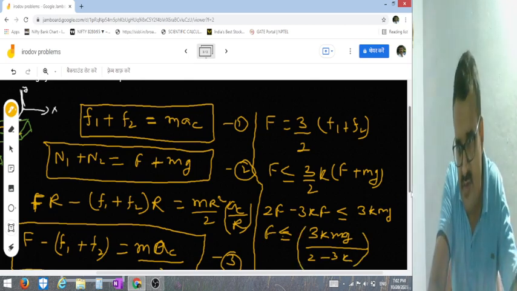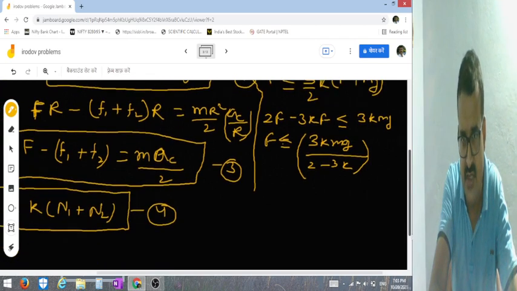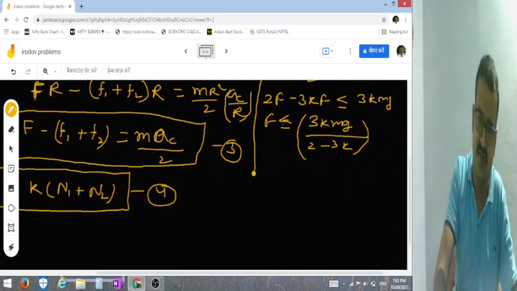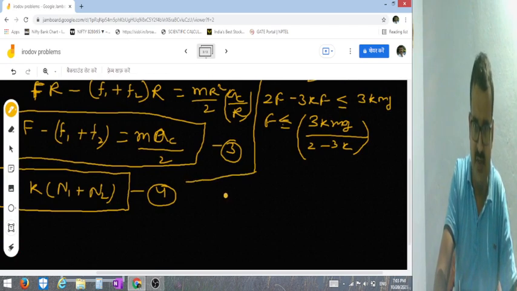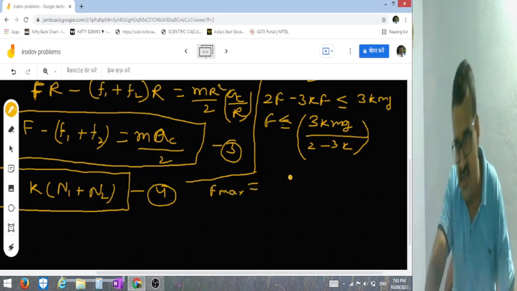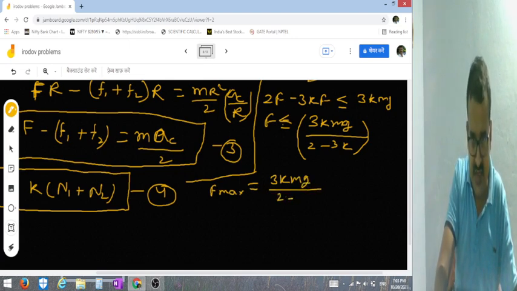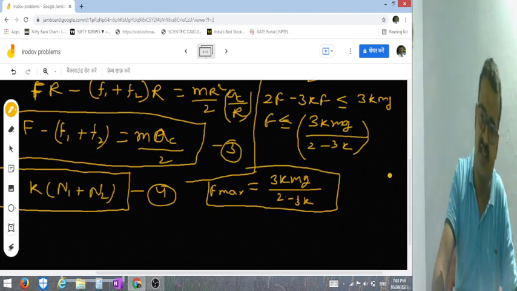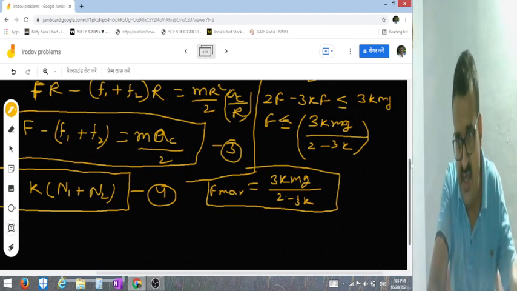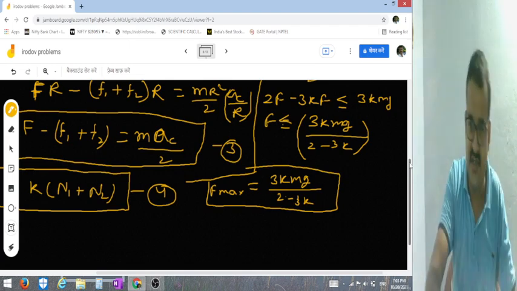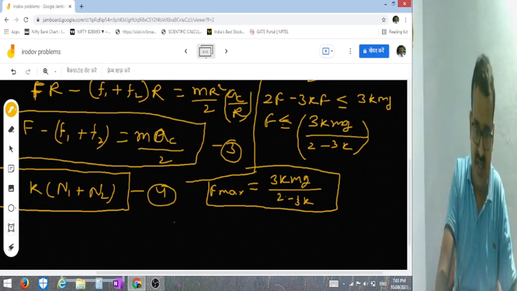So beta, what could be the maximum value of the force? That is the upper limit, and you can observe here that F max can be equated to 3K mg divided by (2 minus 3K). This you have got here, the maximum force that must be applied so that the cylinder will only roll, it will not slip. Another question is that you have to determine the acceleration of the axis, and